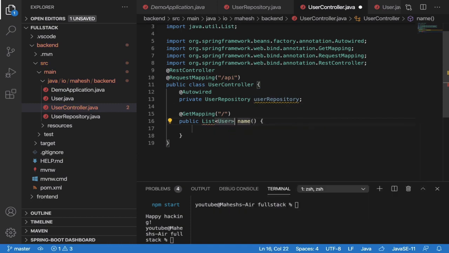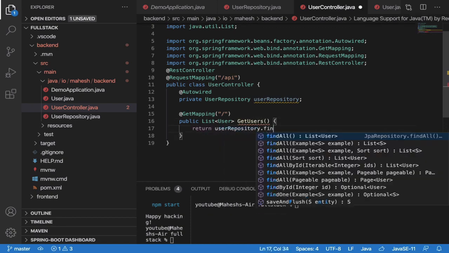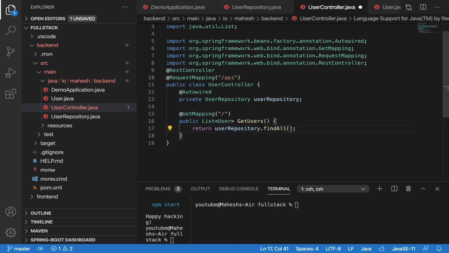Type of user, and the name of your method. You can use any name, there is no barrier to use a specific name. This is according to you guys. And in return you can pass user repository dot find all method, which will return the list of users. Okay, the next thing is again I'll use get mapping for